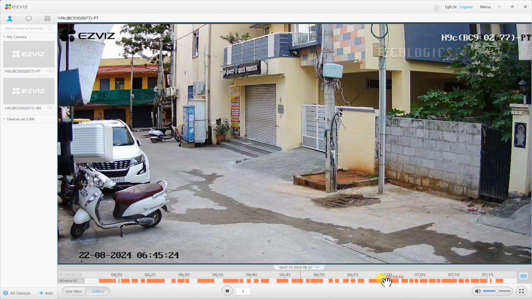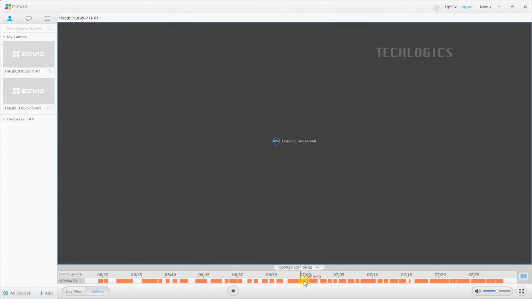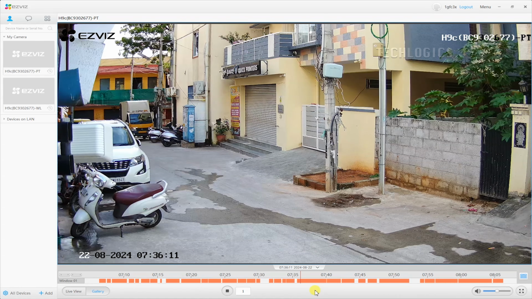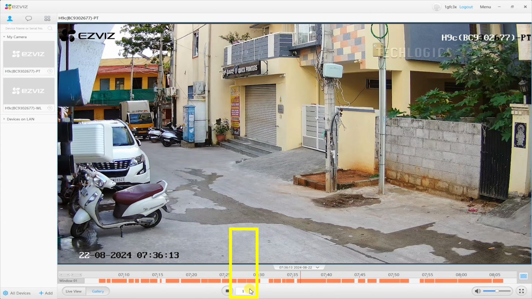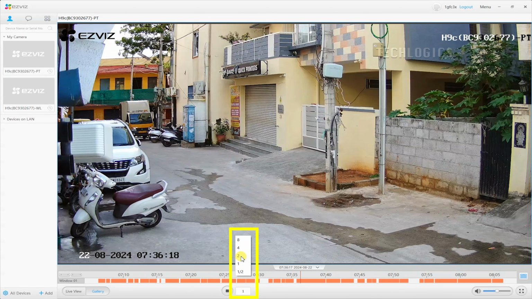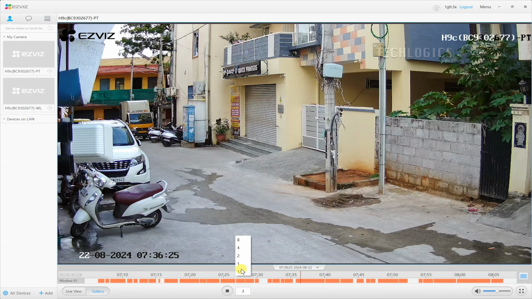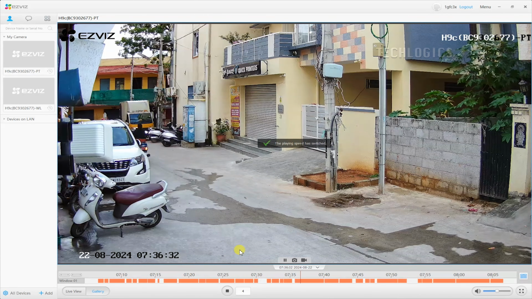Conversely, zoom out expands the timeline, enabling you to view a broader range of hours at once. This flexibility enhances your ability to efficiently manage playback, whether you need to closely analyze details or quickly review an entire day's recordings. All of these functions and features are accessible from anywhere, allowing you to connect and view your